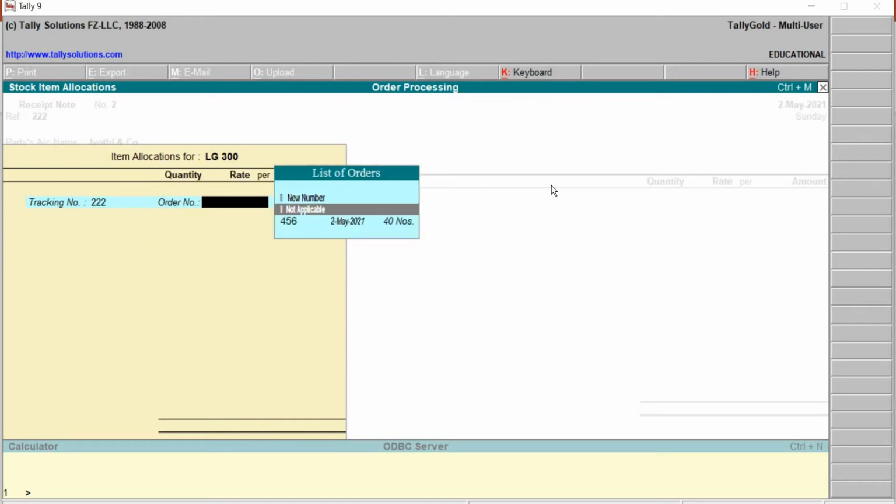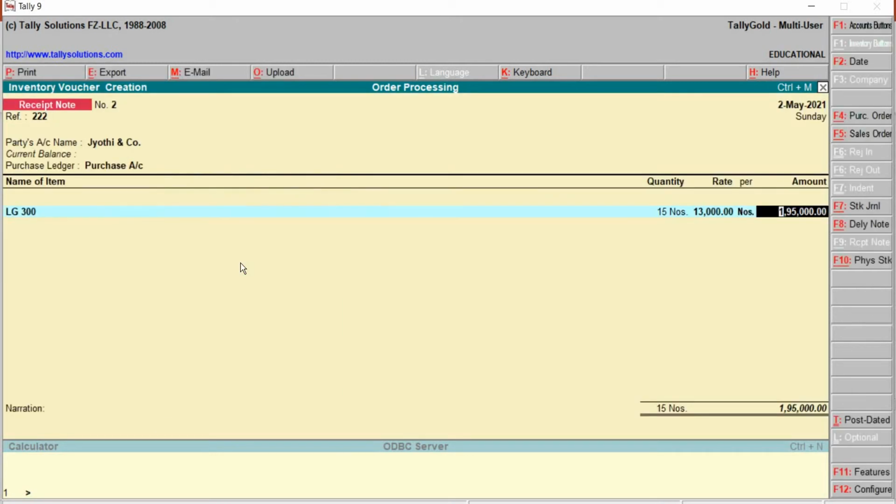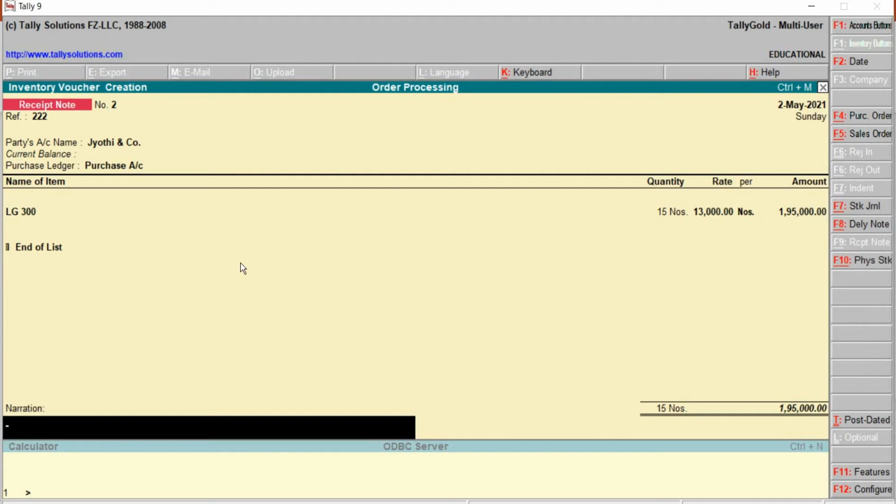Order number was 456, which we have entered. Due was on 2nd of May. On the same date we are receiving the material, but we are not receiving 40 quantity. We are receiving just only 15. End of the list. Later type the narration, then save.